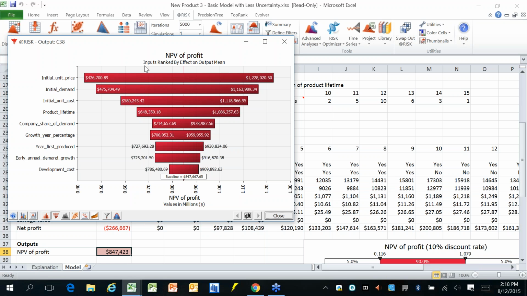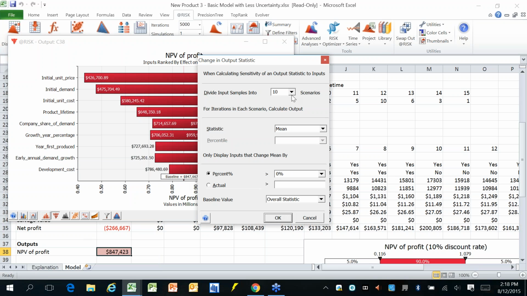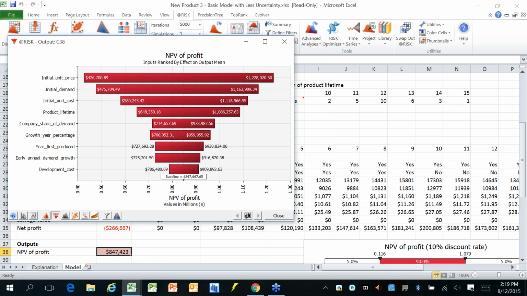So when we rank the inputs by their effect on an output statistic, an assumption is made that we're going to divide our inputs into a certain number of scenarios, all of equal probability. The standard is 10 scenarios. I did 5,000 iterations, so I have 10 scenarios, each of 500 values. And for each of those 500 values from low to high, I can calculate the mean of the output for those 500 input values, with all of my other variables, of course, taking whatever random values they took in that simulation. So nothing will change the scatter plot of unit price to MPV,